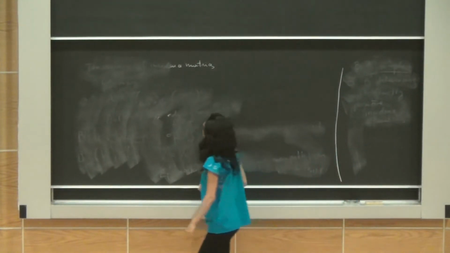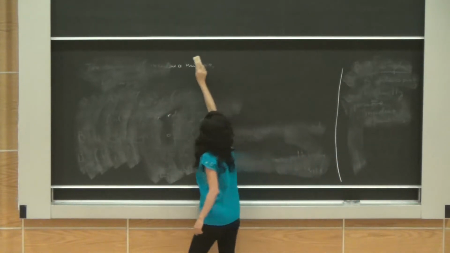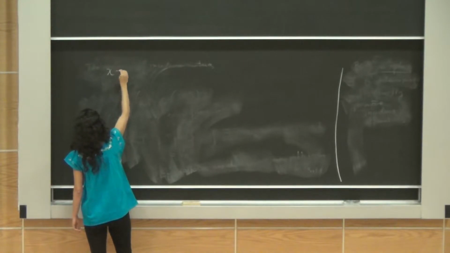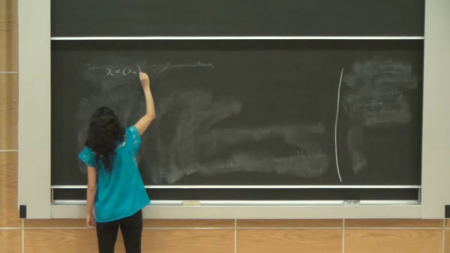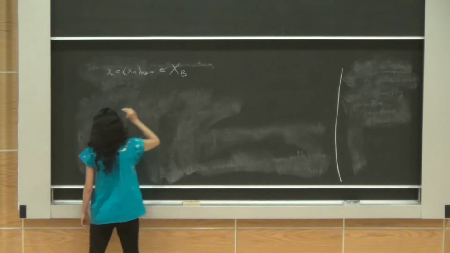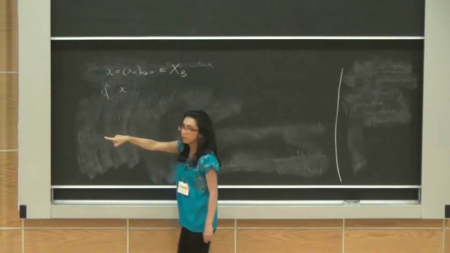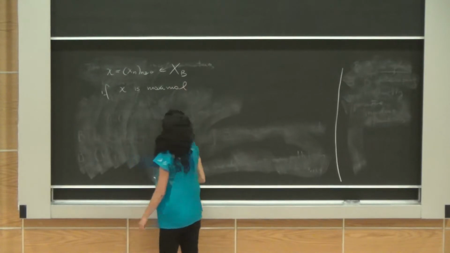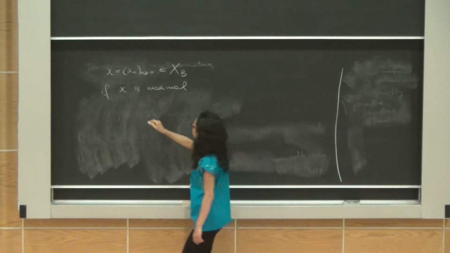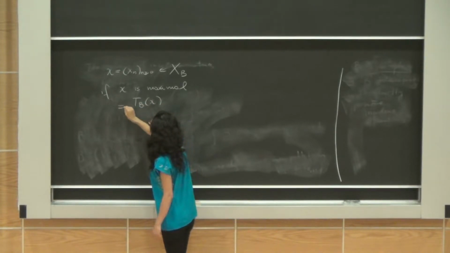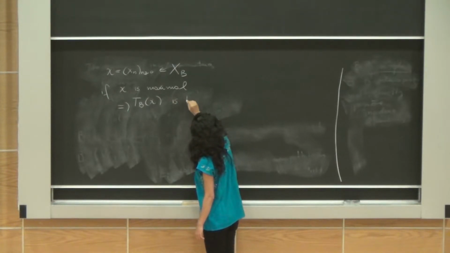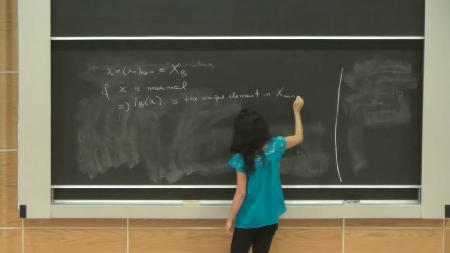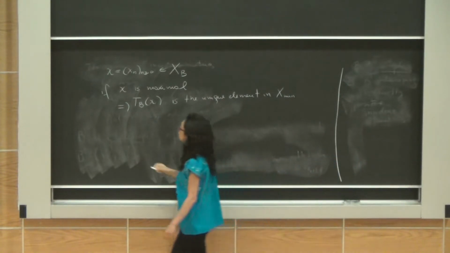We are going to define TB in the following way. First, if X is the only maximal path, we are going to say that TBX is the only minimal path. And then if X is not maximal,